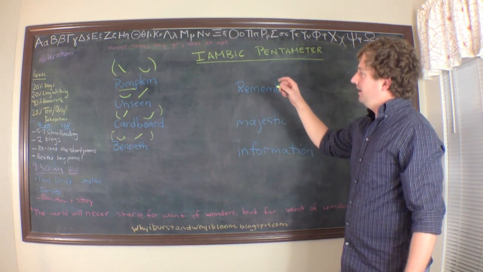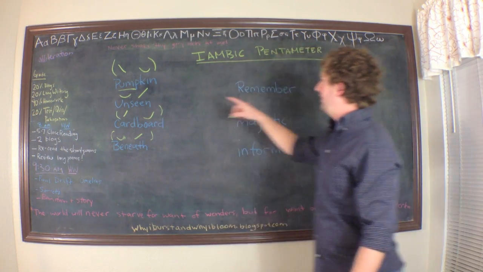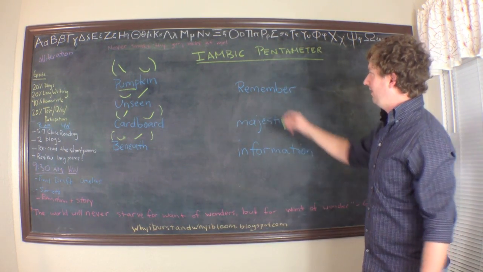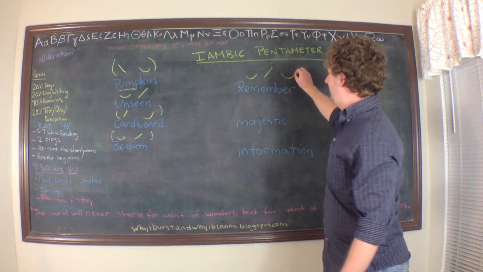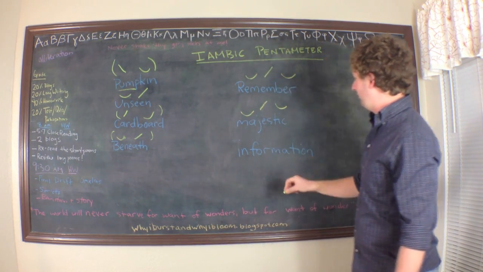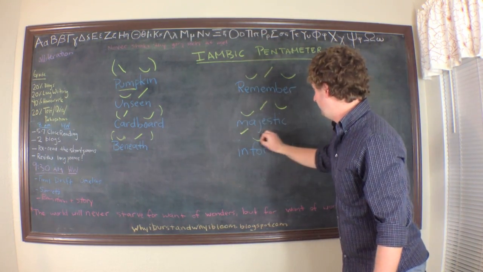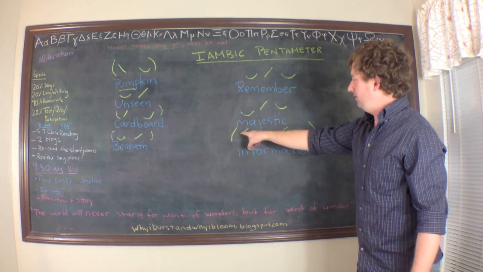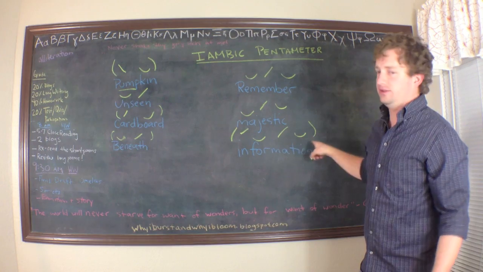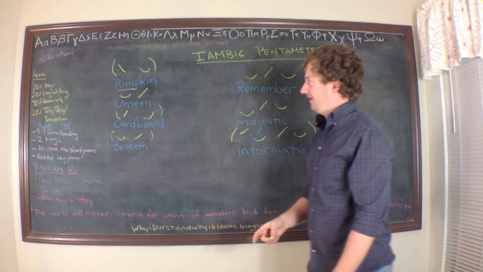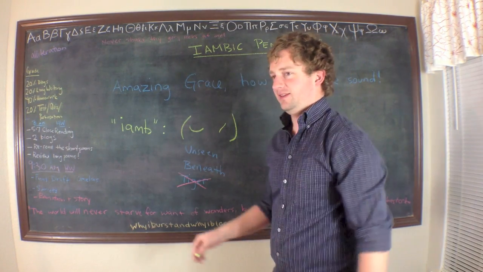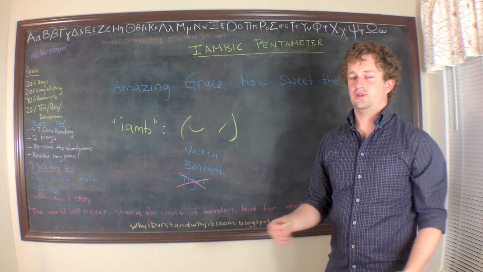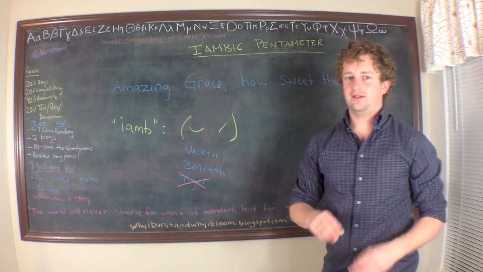Now, having seen that, we can apply that to three-syllable words as well. We can have remember, or majestic, or even four-syllable words like information. Okay, so some words can have multiple stresses and multiple unstresses. There's no rule against that. Okay, so now that we've got the emphasis down, where stresses go in words and how to identify that,